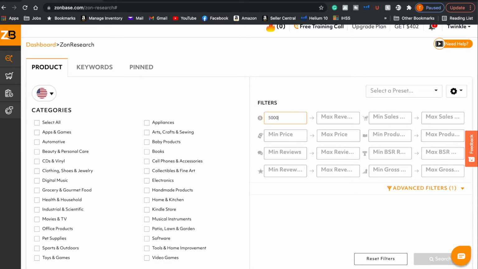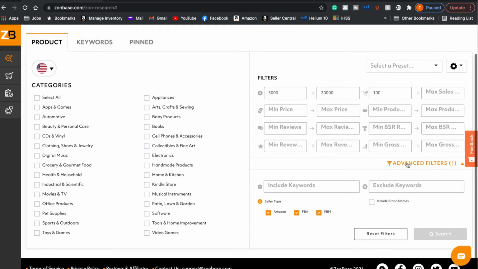$5,000 as the minimum revenue. Max revenue, you want to make it $20,000. That's the maximum it's making within a single month. And if you want a minimum of around 100 to 200 units sold a month, then you put that in the section as well. So this is great because you have everything broken down here in regards to finding a product that is meeting your criteria. And if you need more advanced criteria, you can just click on